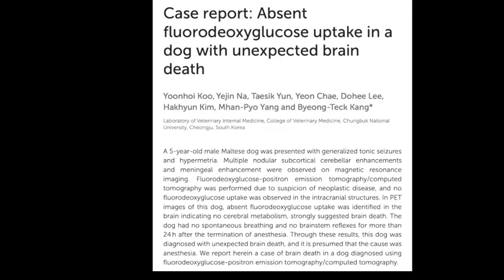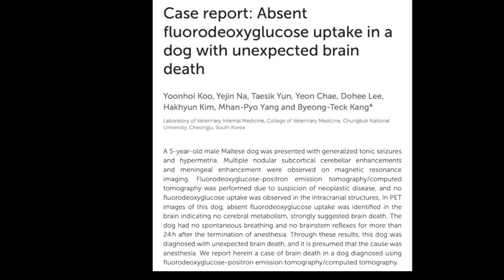Case report: absent fluorodeoxyglucose uptake in a dog with unexpected brain death. A 5-year-old male Maltese dog was presented with generalized tonic seizures and hypermetria. Multiple nodular subcortical cerebellar enhancements and meningeal enhancement were observed on magnetic resonance imaging. Fluorodeoxyglucose positron emission tomography/computed tomography was performed due to suspicion of neoplastic disease, and no fluorodeoxyglucose uptake was observed in